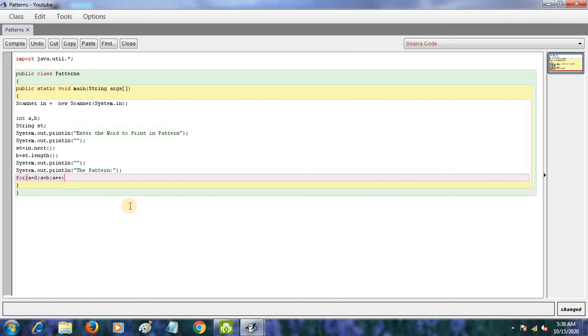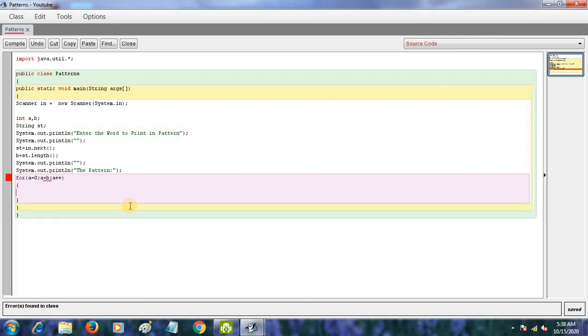Now as we are writing for, we will give curly brackets, and now we are going to write system dot out dot println, and here, sorry, not quotes, but here we are going to write st dot substring, then small brackets, and we are going to write 0 comma a.